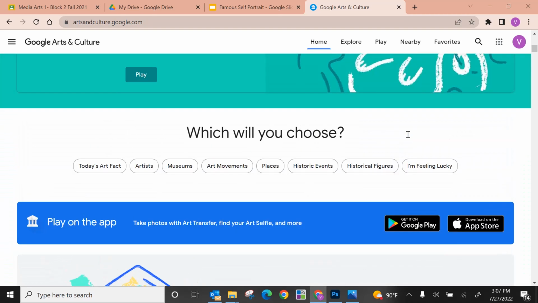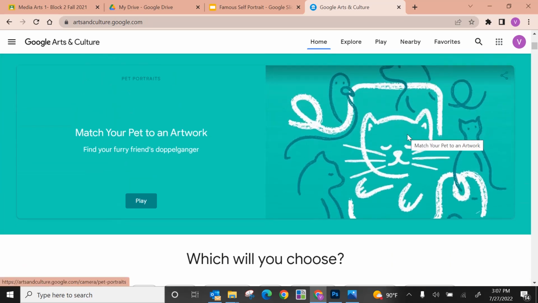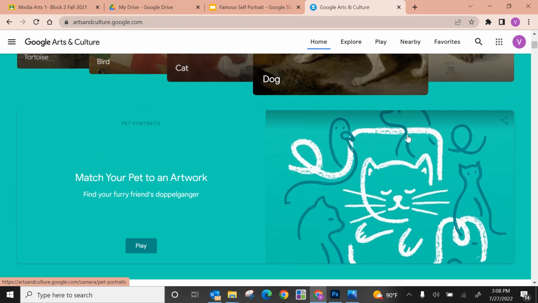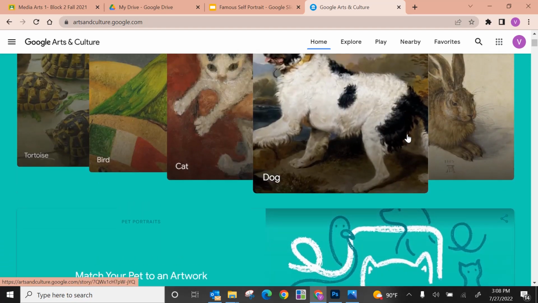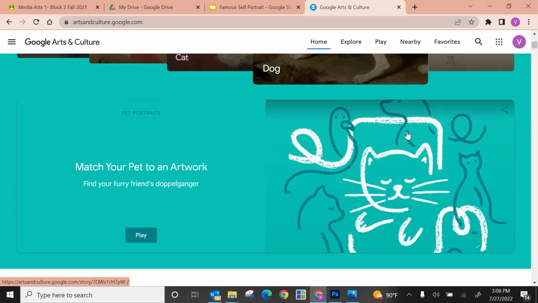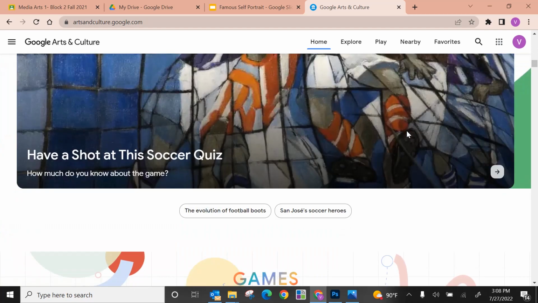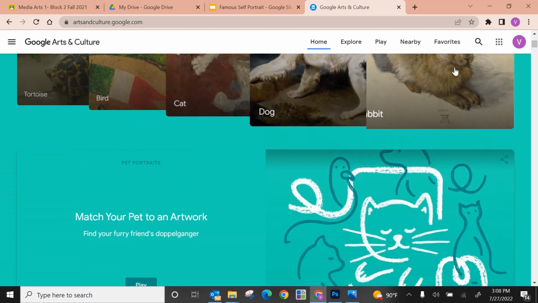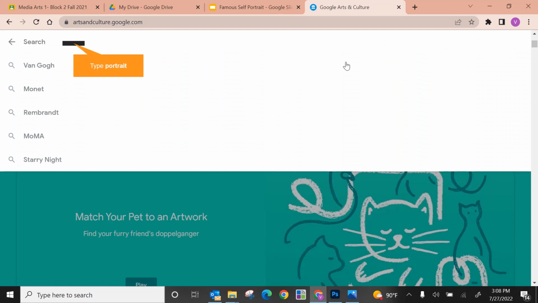Interestingly, too, if you get the app on your phone, they have this feature where you could take a picture of yourself and it will try to match your self-portrait with a famous artwork from the past. So that might be a helpful springing off point, something you could try in order to get an idea of what to do. But if you go to search and just type in portrait,